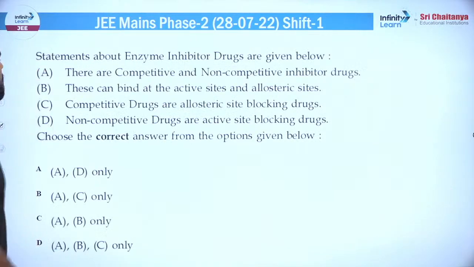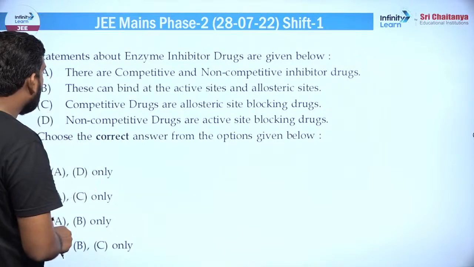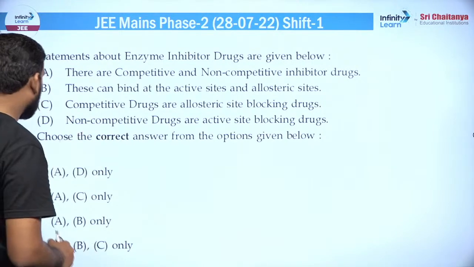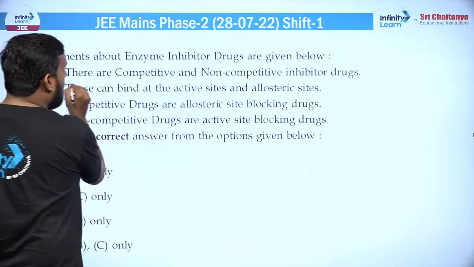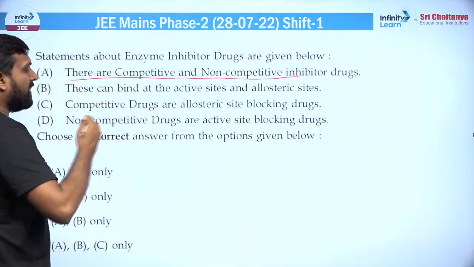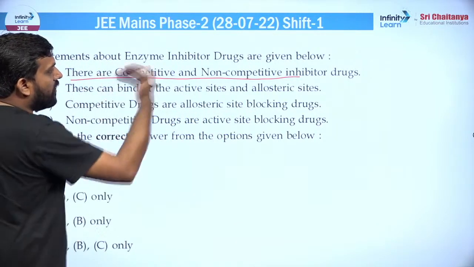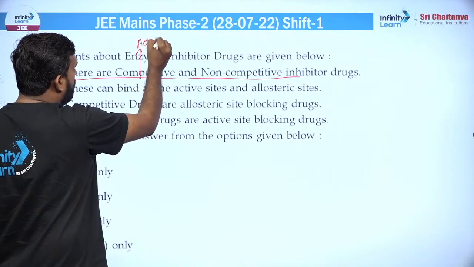गोइंग टू द नेक्स्ट, यहां पर आपको स्टेटमेंट अबाउट इनहिबिटर्स दिए गए हैं, करेक्ट आंसर चूज करना है कि इनमें से सही कौन सा है। चलो तो देखो, देयर आर कंपिटिटिव एंड नॉन कंपिटिटिव इनहिबिटर, बिल्कुल सही है, कंपिटिटिव एक्टिव साइट पे जाते हैं और नॉन कंपिटिटिव एलोस्टेरिक साइट पे जाते हैं। कंपिटिटिव मतलब कंपटीशन कर रहा है, वो एक्टिव साइट को ही छीन ले।